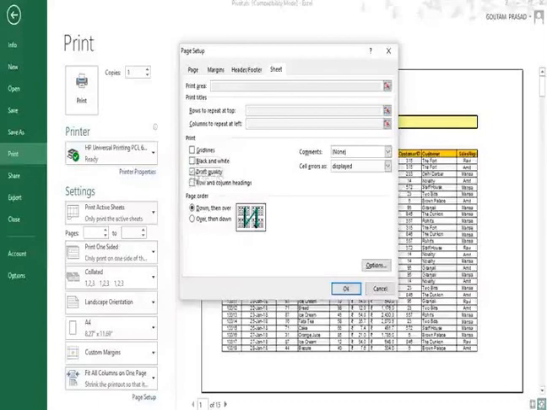Draft quality is just to compromise with the printing quality. If you want to save toner, then you can go for draft quality. And the row and column headings: if you want them to print on every page, then you can go for this option so that the row and column headings are printed on every page. So that is it. If you click OK,